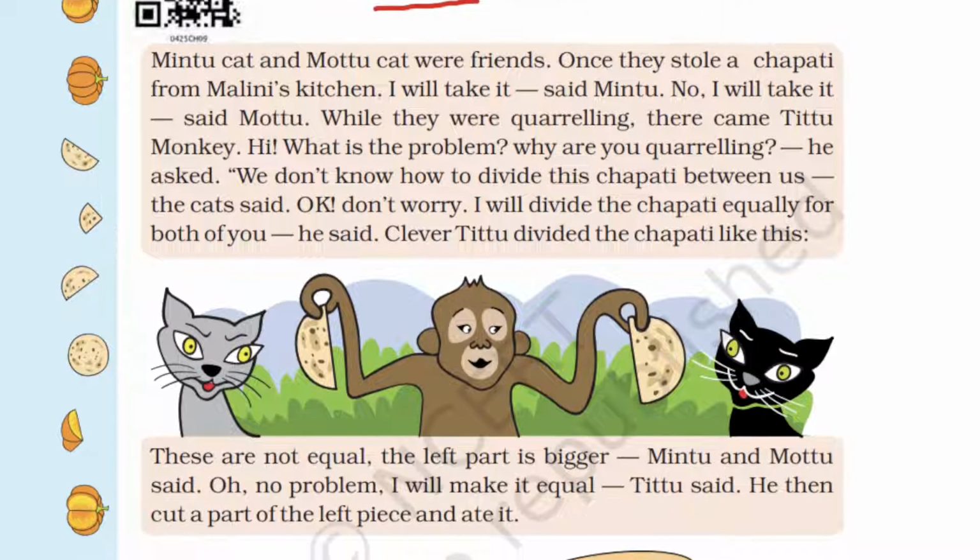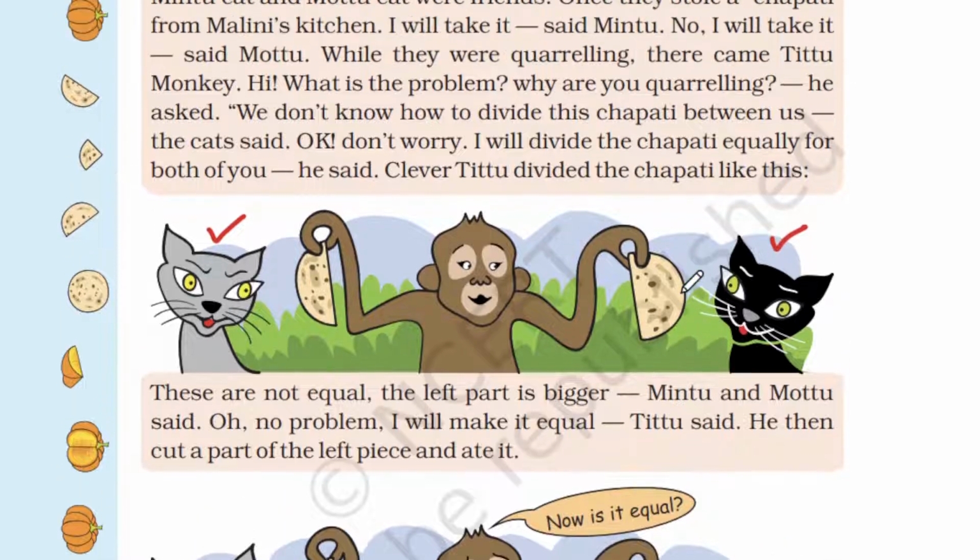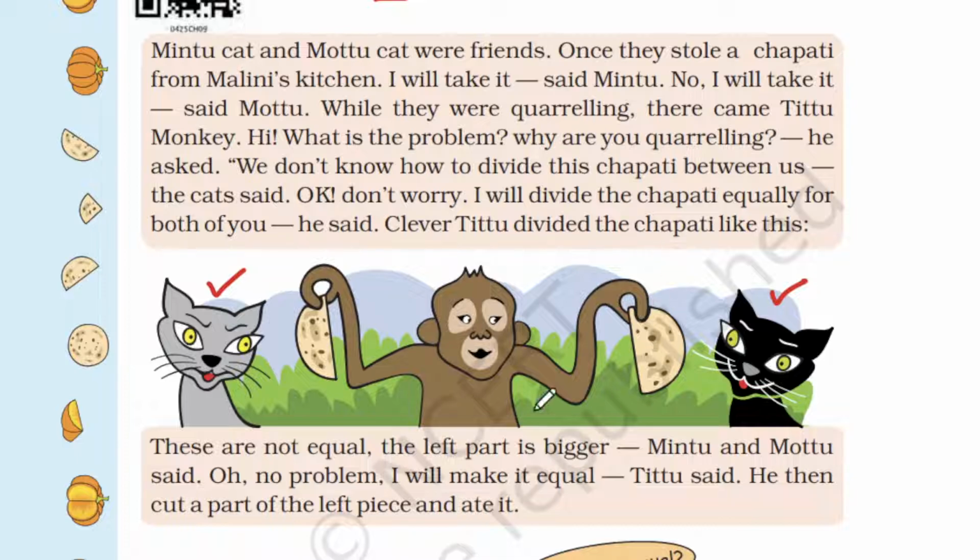So look at this image. So we have two cats here. So let's see, this one is Mintu and this one is Motu. And they are fighting for chapatis. What they have done? They have stolen a chapati from Malini's kitchen and they are arguing that they only need the chapati. While they were quarreling, means there is a fight going on,